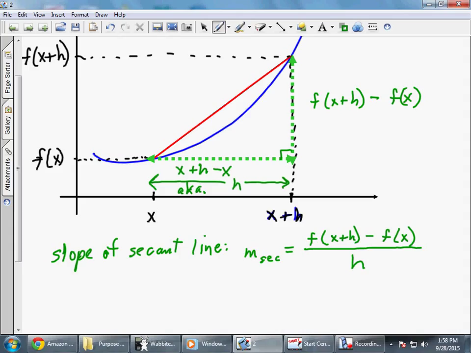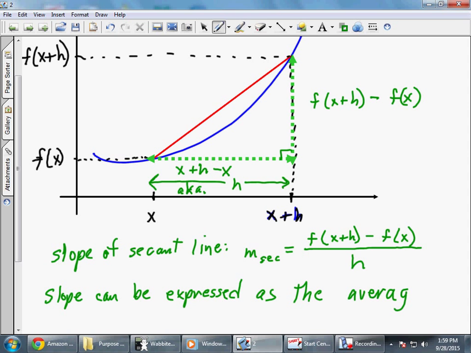Now, we call the secant line then the average rate of change. Okay? Slope can be expressed as the average rate of change of the secant line